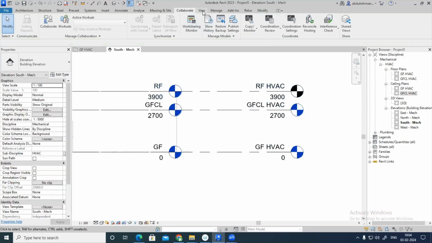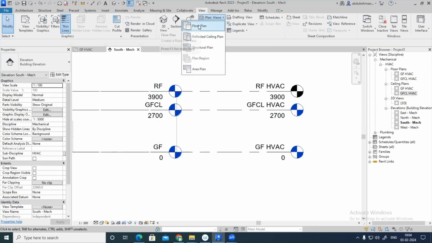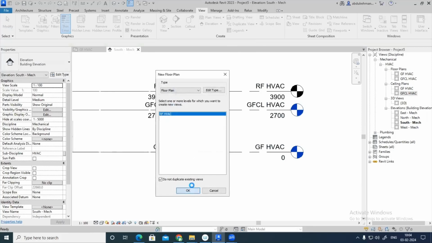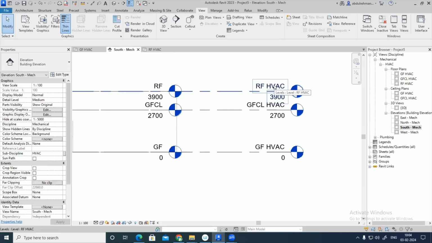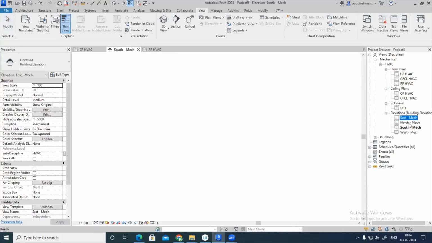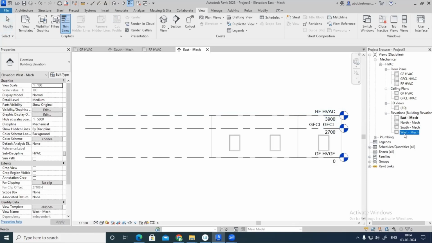So I'm just going to the view option, plan view. I have to add a floor level under the floor plan. So select floor plan, roof HVAC, click OK. Now you can see the roof HVAC is there. Color has also changed. Now all these levels have to be organized to the same extent as all the other elevations. So I'm right clicking this one, maximize 3D extent. So I can provide so that I can view that in all the levels up to the end of this